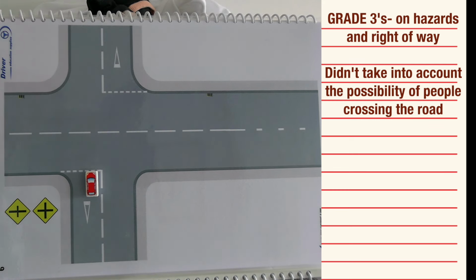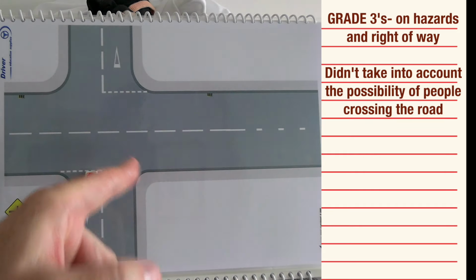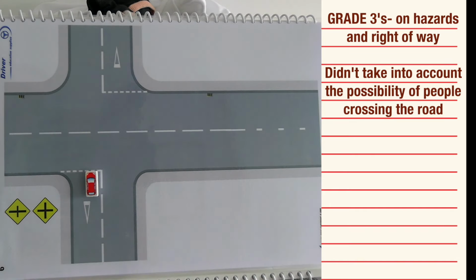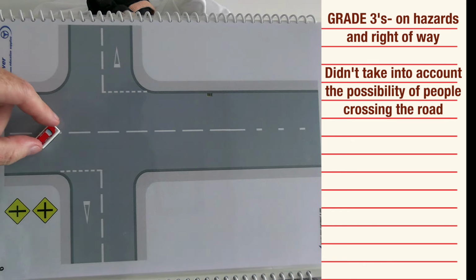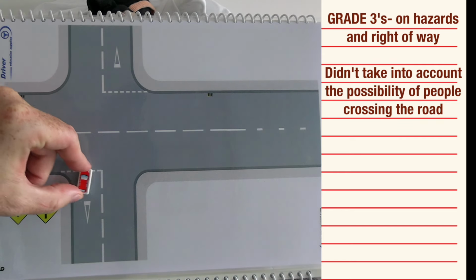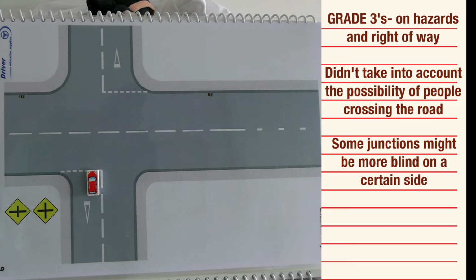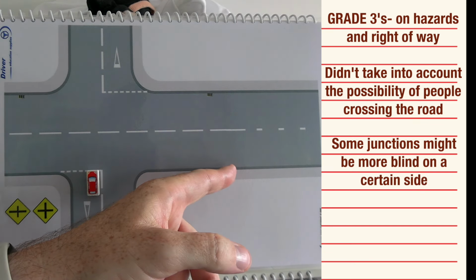If you look at this crossroads here, if I'm the driver of the red car, I have a pretty good view along the right. I can see pretty clearly up to the right. But if you look to the left here, I can only see that much there. How many car lengths is that? We'll say 1, 2, 2.5 car lengths, 3 at best. At best. So she might have had a great view on the right,